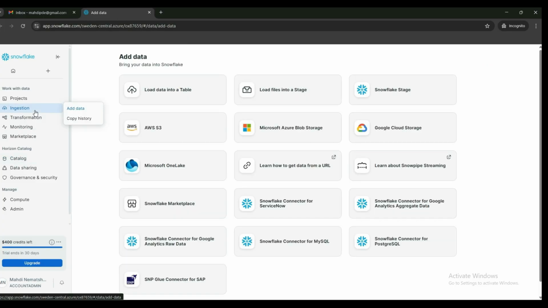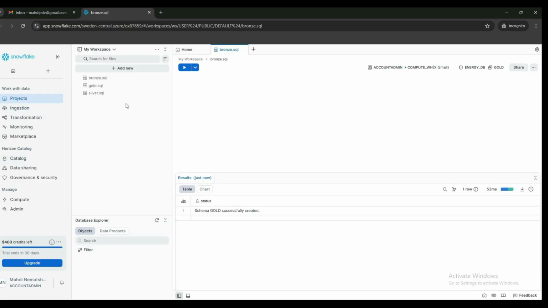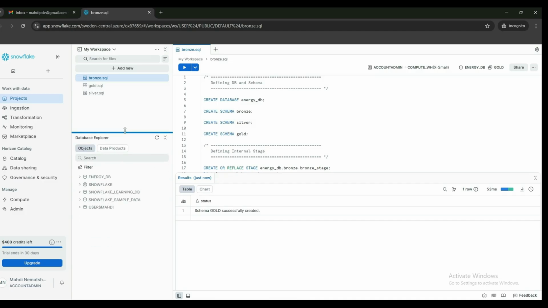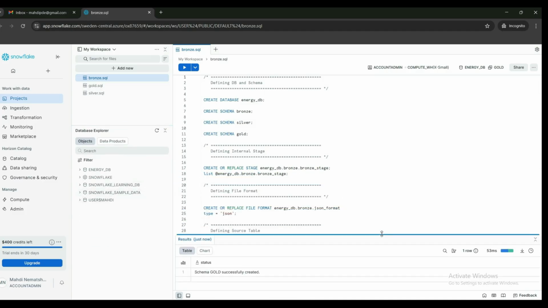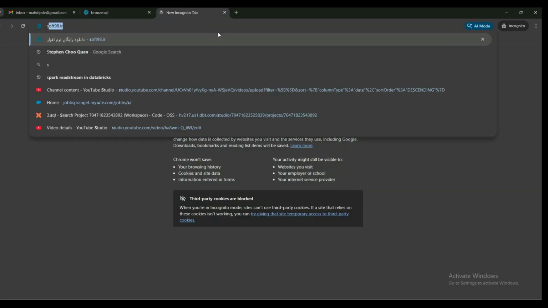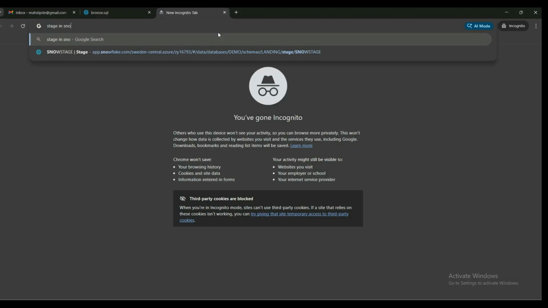So in project, in the bronze, yes, here you have access to both, and you don't need to go back to catalog. Here we have a stage. Before running this code, let me type about stage in the Snowflake,